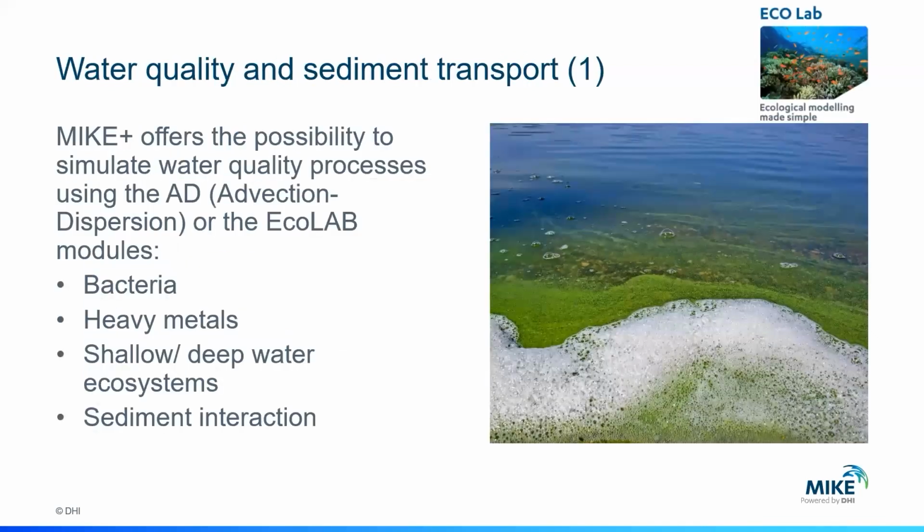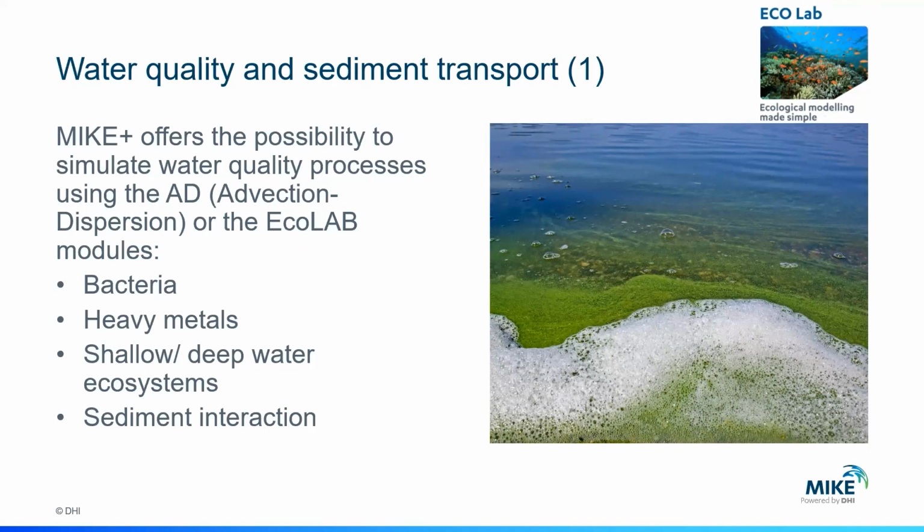Apart from the hydrodynamic capabilities, Mike Plus also offers a full range of tools and functionalities to simulate various water quality processes. Mike Plus integrates the advection dispersion module that can simulate the propagation and also decay of different substances in the river system. But apart from the advection dispersion module, it also integrates the ecological lab, as we call it, EcoLab software, that can help